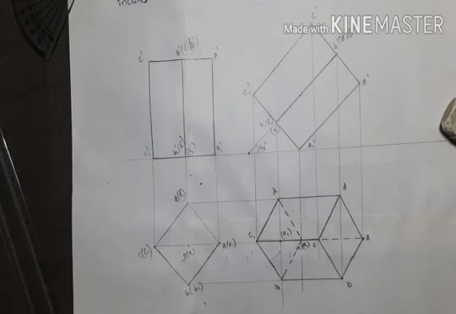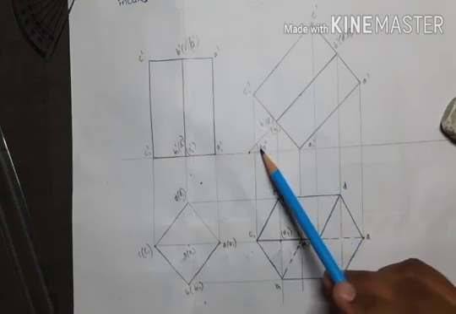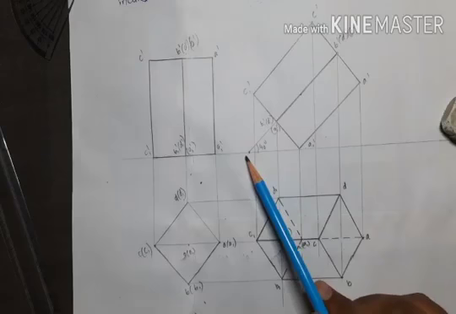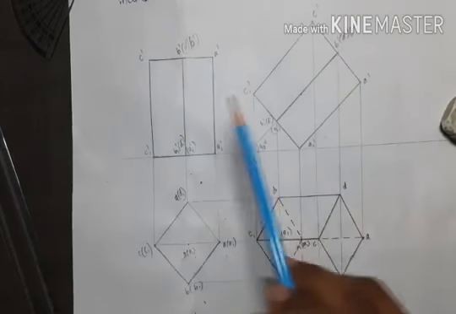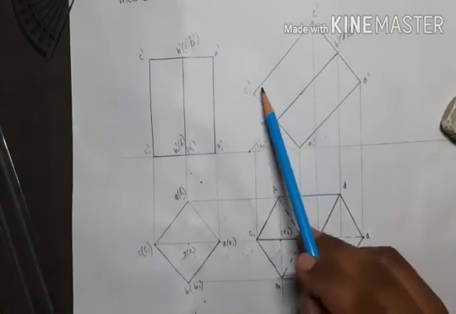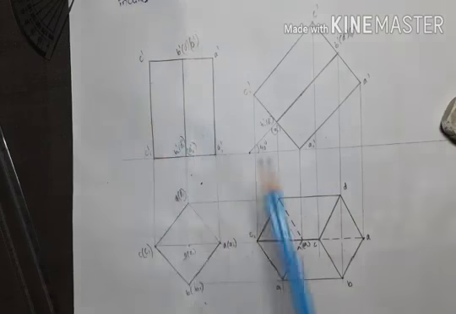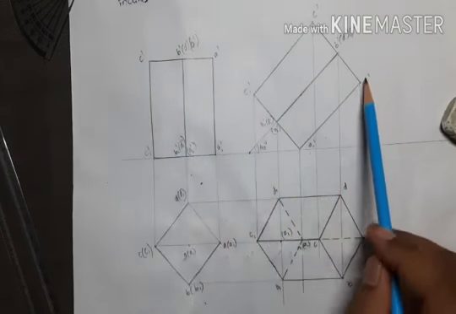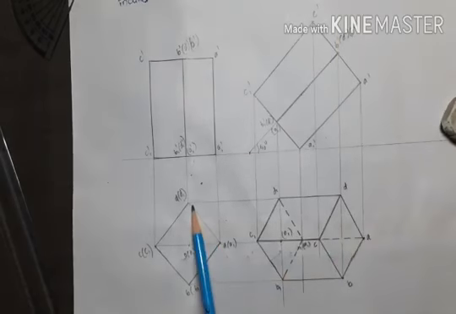So this is the completed view. What I did, I transferred the same view at 40 degrees since it is given that the axis is at 40 degrees to HP. So I have drawn a line. I transferred the same view at 40 degrees. I have written the same names whatever I had written here. Then I have drawn vertical projectors from all the points, and then I have drawn the horizontal lines.